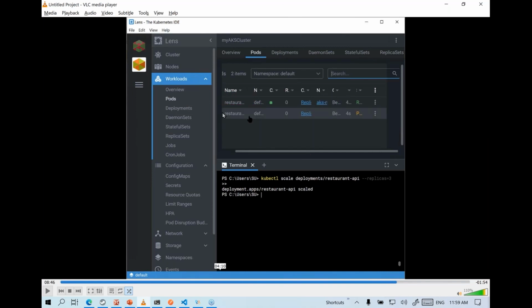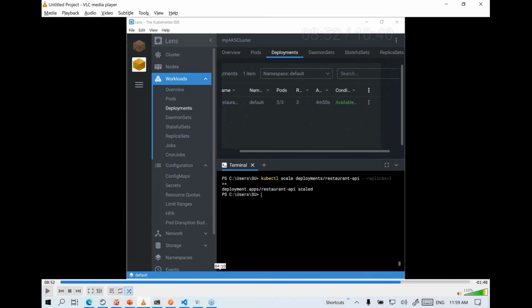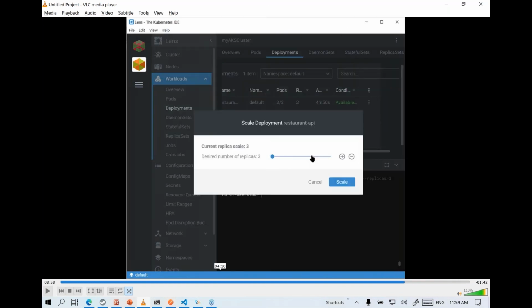You can also switch to this pod section and it will show you how many replicas we have. So when they're all created, they will all show up here. Previously we had 2, now we have 3 showing up, and they're all up and running replicas. So basically for load balancing, you can choose to configure or scale out your application. You can do it graphically as well, specify how many replicas you want to have. So you can choose to max it out if you want, if you expect too much load on the system.